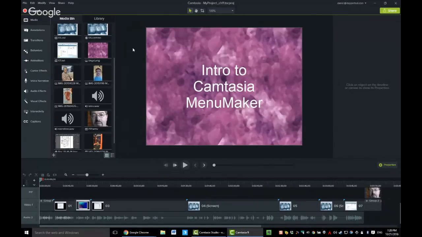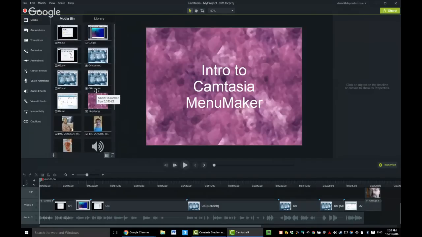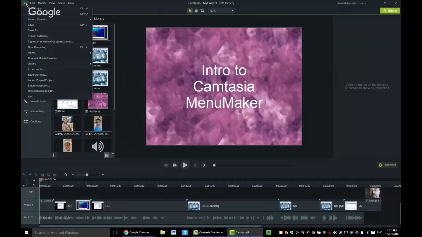Now, there are certain kinds of media that will not, under any circumstances, port to a Mac. If you go up here in Camtasia 9, notice that you now have two different export options. Export as zip and export for Mac. As far as I can tell, they do exactly the same thing in terms of what you get at the end. But when you choose export for Mac,